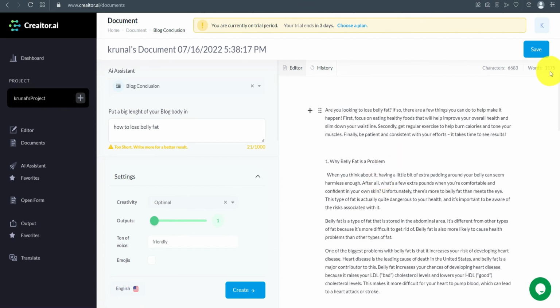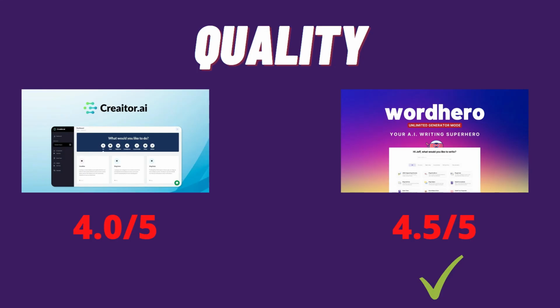So you can see within 5 minutes I was able to generate around a 1000 word article. So in no time you'll be able to generate a 2000 word article in just 10 minutes. So if you want to go for a 5000 word article, that will hardly take